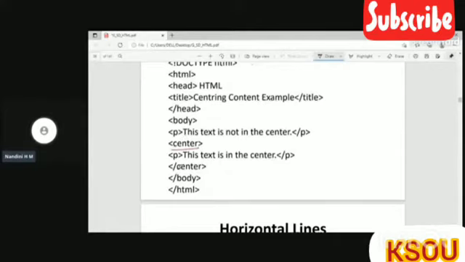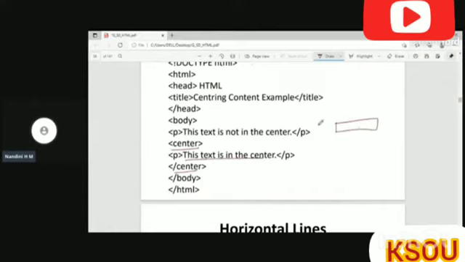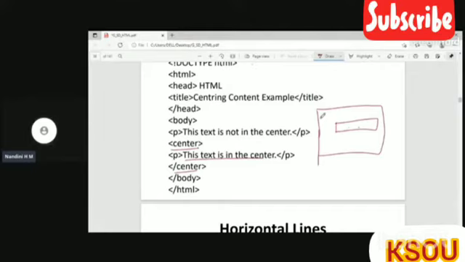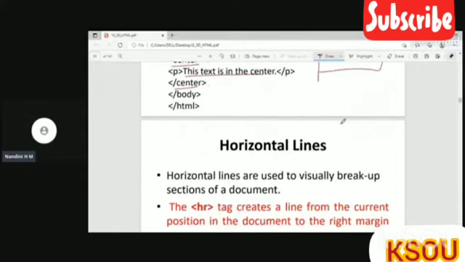So if we use center, this particular paragraph will appear in the center of your web page. If this is the web page, usually the paragraph starts from the left side, right? This text stays like that. So if we use center, the content will be in the middle of your web page.